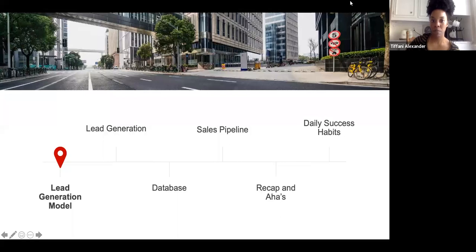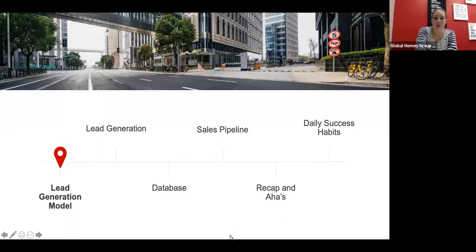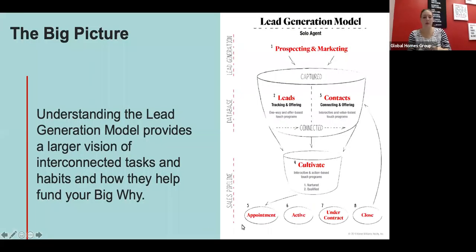I'm going to mute everybody to make sure there's no feedback. Okay, everybody's muted. Cool. Now I've got to get it to go away. All right, perfect. Okay, so